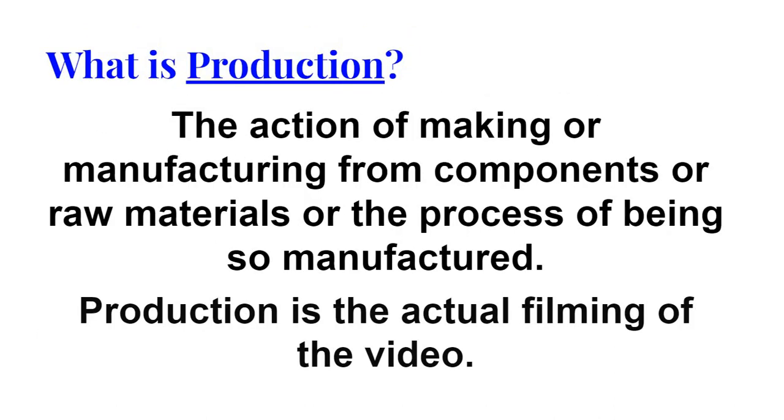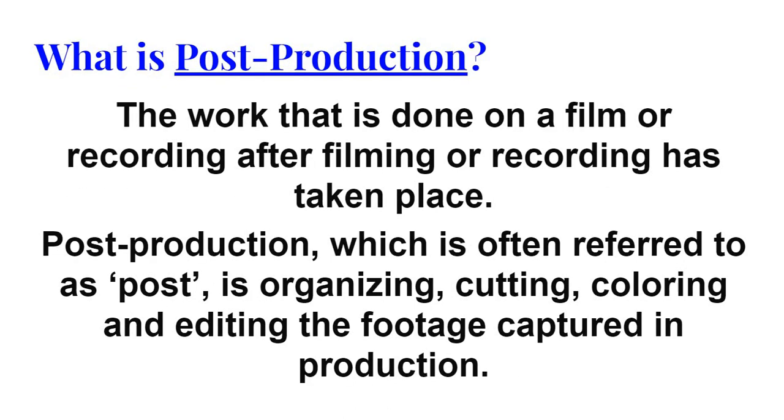Now, after that, the second process is the production. So the production is the action itself, or the process of it being manufactured. So if we are into film arts, the filming itself is part of the production. And of course the third one is the post production, or the post pro. After the filming has been done, after all the preparation has been done, we are now going to organize, cut, and put colors, and of course the very important, we need to edit everything from the production.